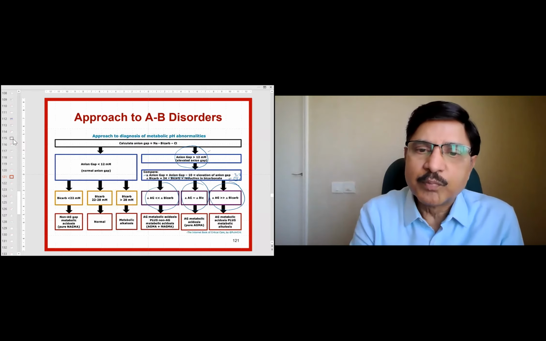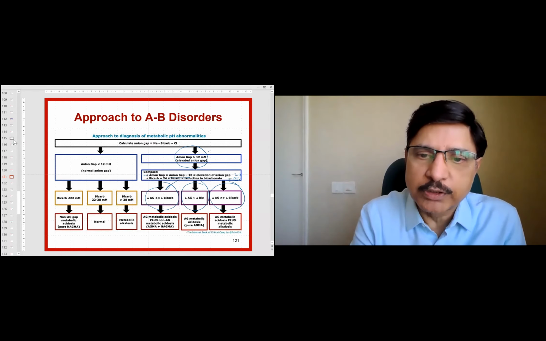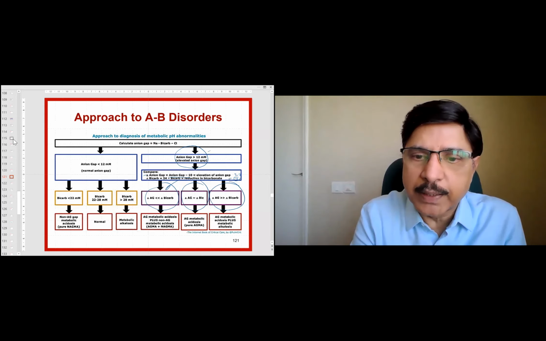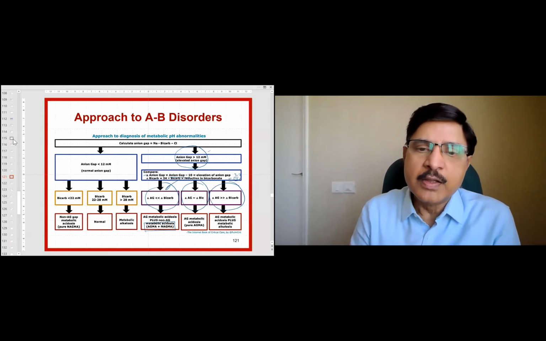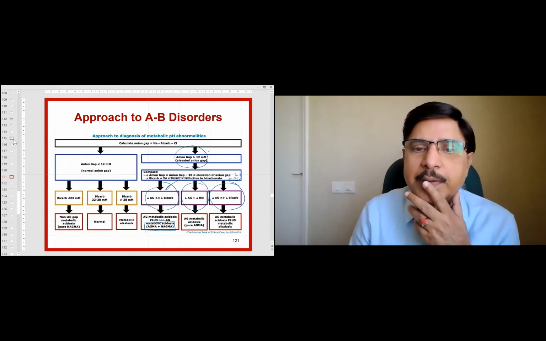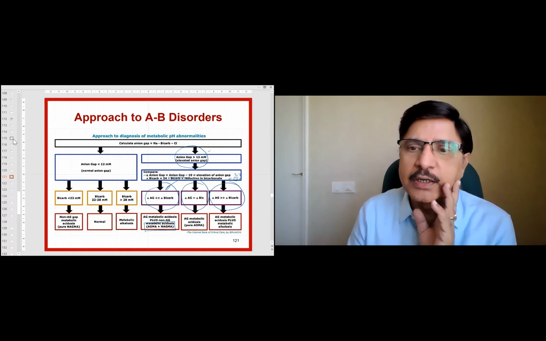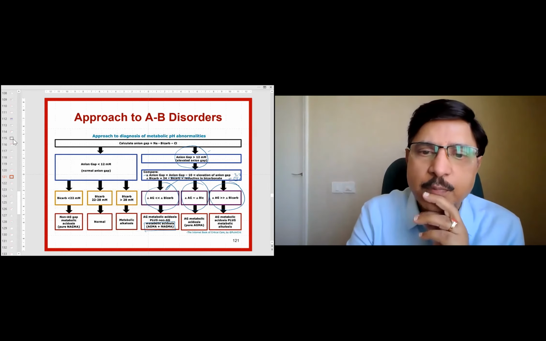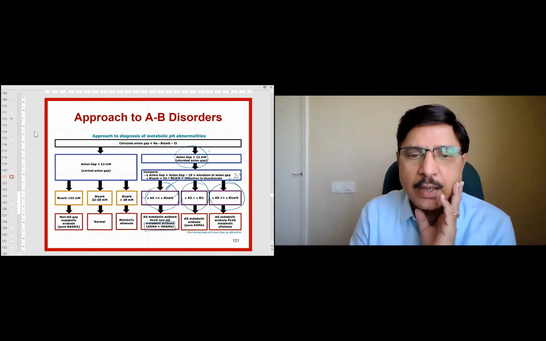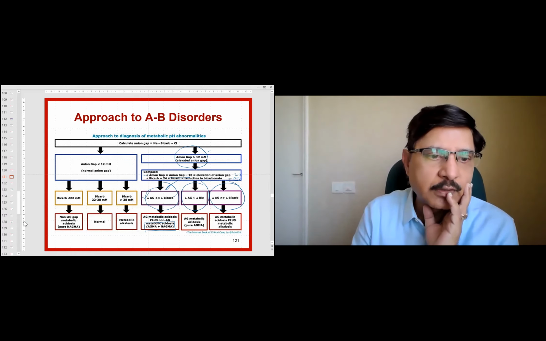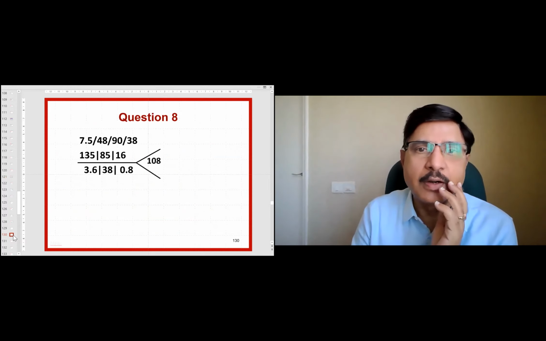Yes, sir. In this situation, it is anion gap metabolic acidosis plus non-anion gap, both are there. That is why the bicarbonate is so different. There is something else pulling the bicarbonate other than the anion gap. That is why it is 22 and 12. That is more anion gap than the bicarbonate gap, meaning there is NAGMA plus AGMA in that particular case. Okay, it is a combined disorder.